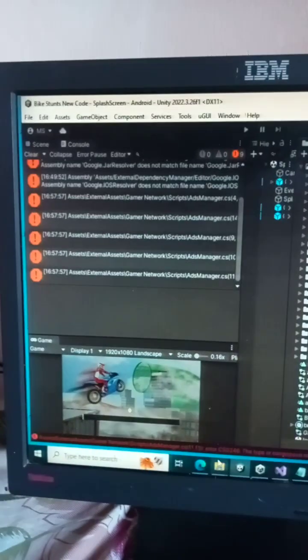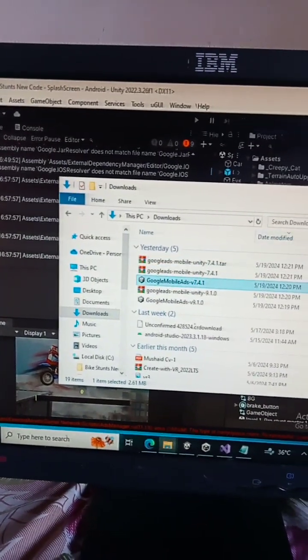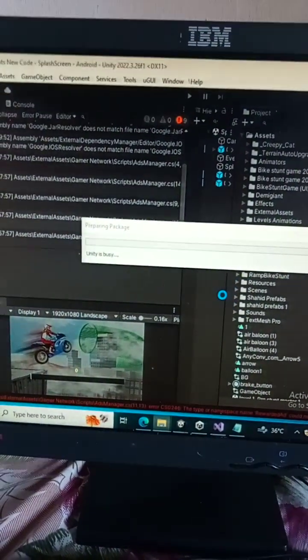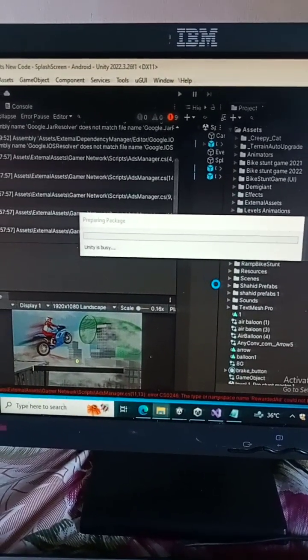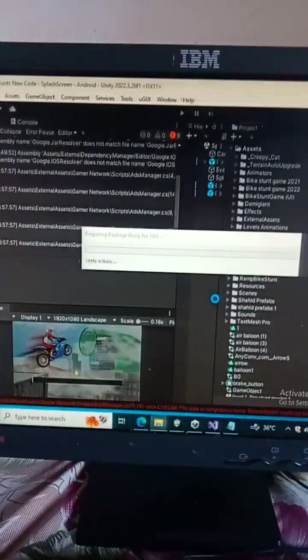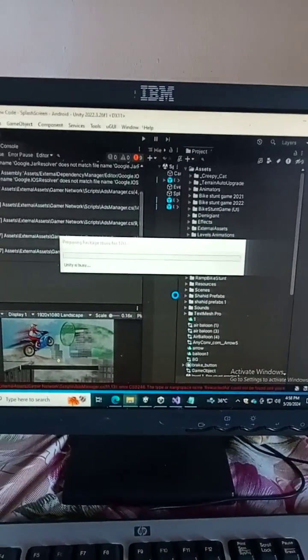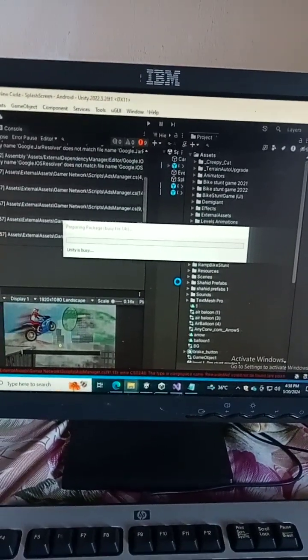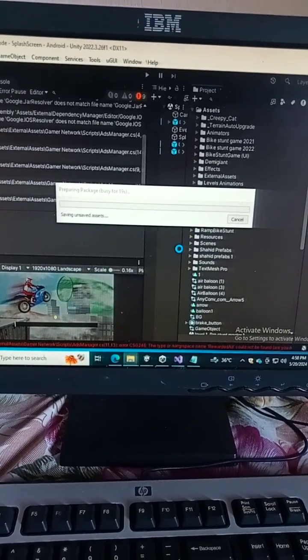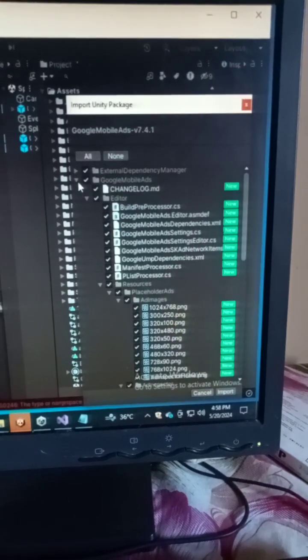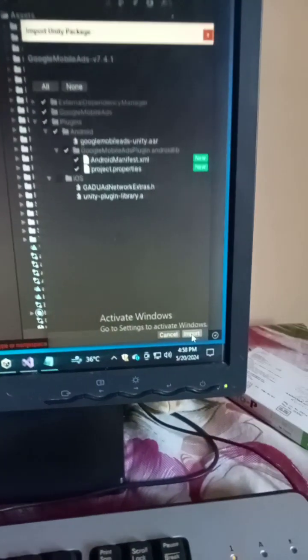Now just go to your download folder and double click on the package, and it will automatically open in Unity. Just wait for a while, it is importing. Here you can check both External Dependency Manager and Google Mobile Ads and just click on import.